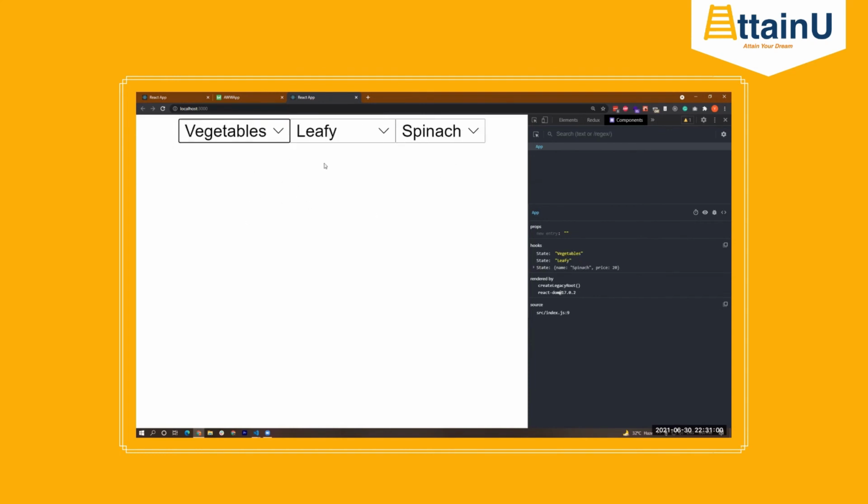Now, when the user goes to the second level drop down, if it has vegetables, and then inside leafy, if he selects essentials, notice this gets changed, right? But the item state is still spinach, however in the UI it is onion only. The UI is updated, but the state is not updated.